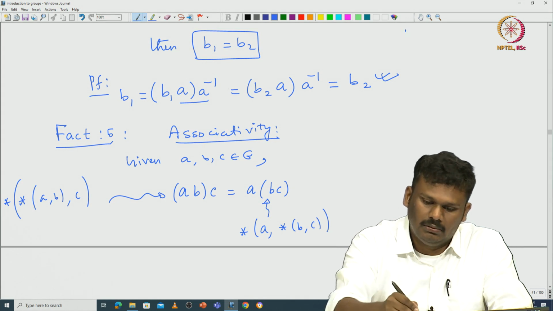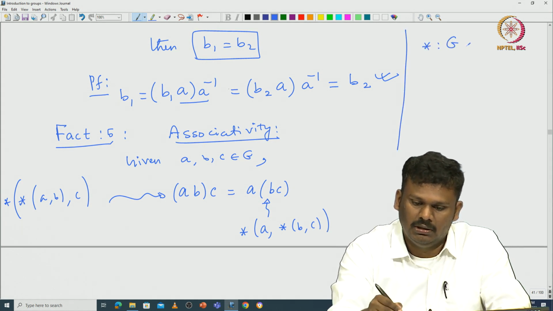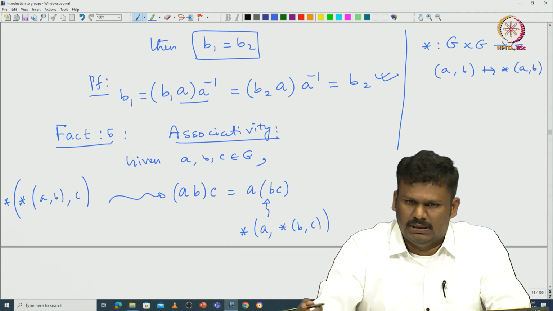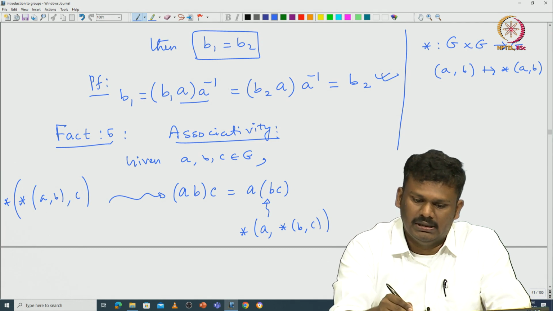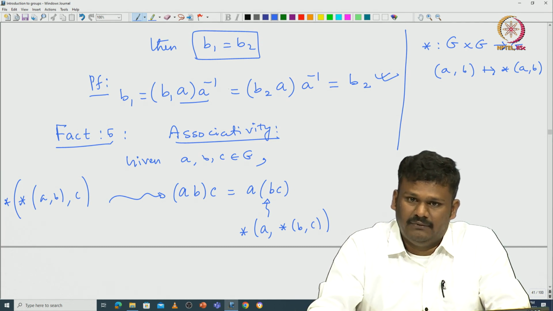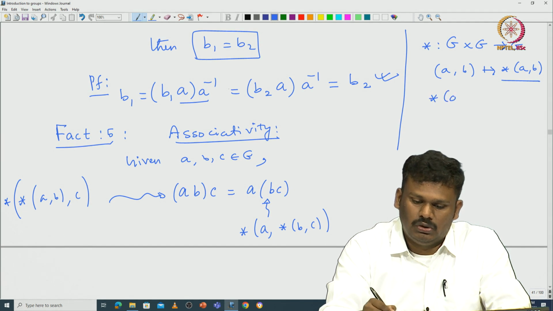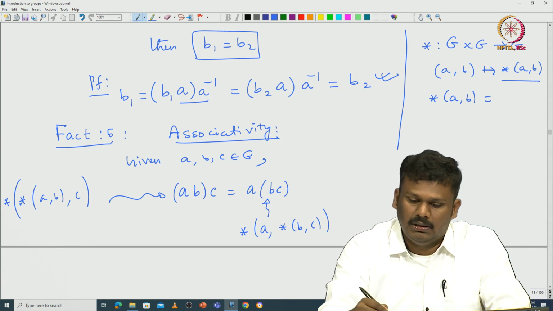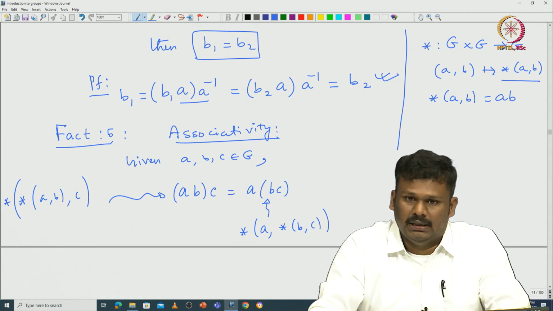So I am denoting, the star is a function from G cross G to G. So given A, B, I am denoting star of A comma B by the image. We also used A star B, but I want to just use star of A comma B. This is the traditional notation. For example, if I call star as F, then what is the image of A comma B? It's F of A comma B. That is why I want to write it like this. But once you are very comfortable that we are talking about an abstract binary operation, then you can just simply suppress the notation and write it as AB.